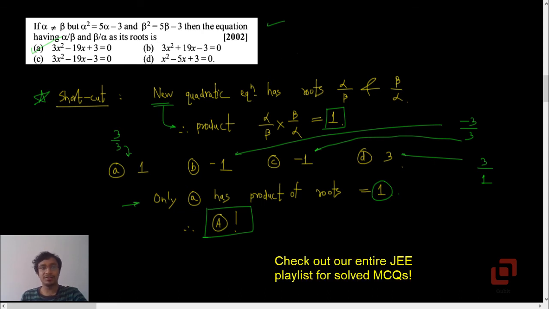Now this question had come in 2002, and at that time there was no JEE Main. There was this examination called All India Engineering Entrance Examination, which was popularly called AIEEE. But in recent years, AIEEE has been discontinued and it has been renamed as JEE Main. So whenever you see the year appearing in the problem, that is basically the AIEEE year, and whenever it is JEE Main, the problem actually mentions it is a JEE Main question.